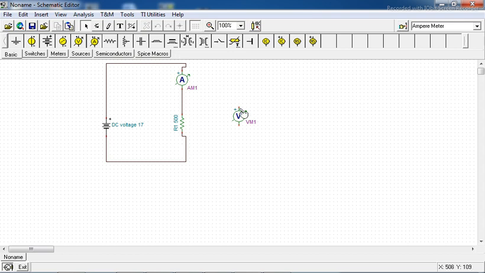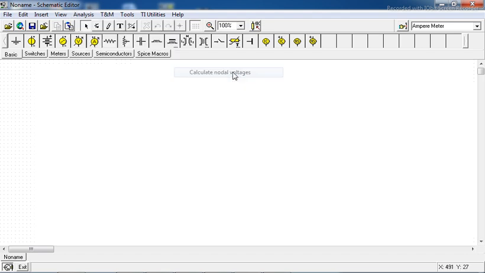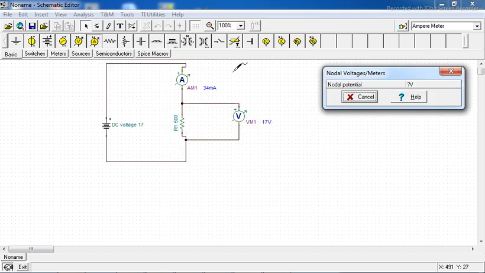Okay. And if you want to measure the voltage, it should be across the resistor. And once again move towards analysis, DC analysis, calculate nodal voltages. You can see the reading of the ampere meter is 34 milliampere and the reading of the voltmeter is 17 volt.